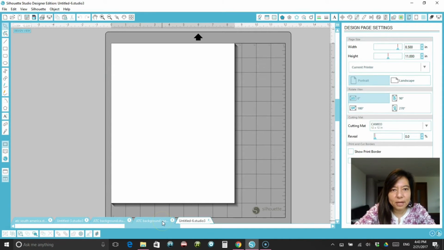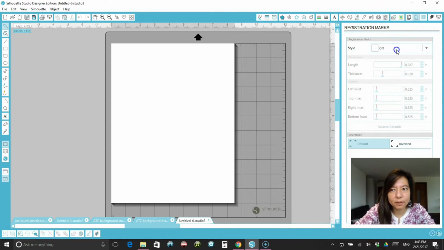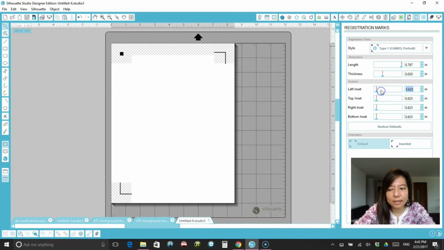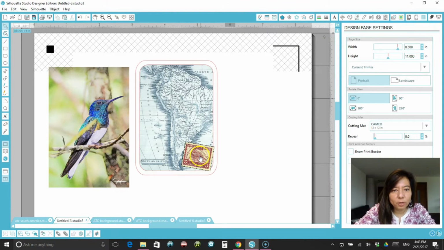So on this page, again, it's going to be a print and cut for that postage stamp. So I need to turn on my registration marks. Again, to get the most amount of space, I'm going to click all of these down to 0. So I want to grab this postage stamp because this is the one that has been sized to fit my project. So I'm going to hit copy